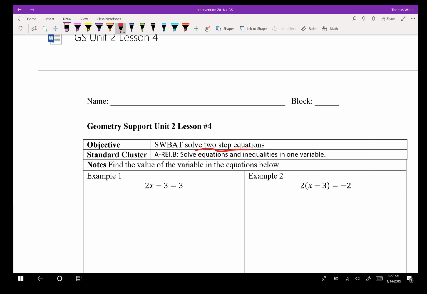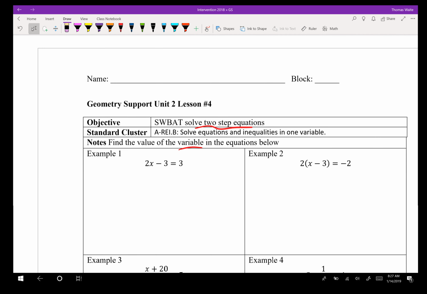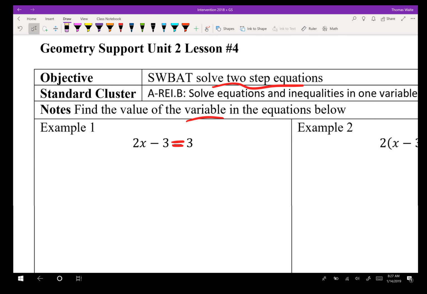So our goal is going to be to find the value of the variable in each of these equations below. Looking at question 1, here's my equal sign, which I know from last time means that everything on the right side has to be equal to everything on the left side. And last time we talked about finding the inverse operations to get rid of things. So I'm going to highlight here,